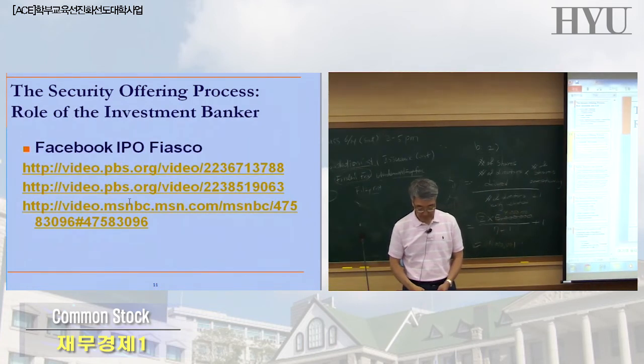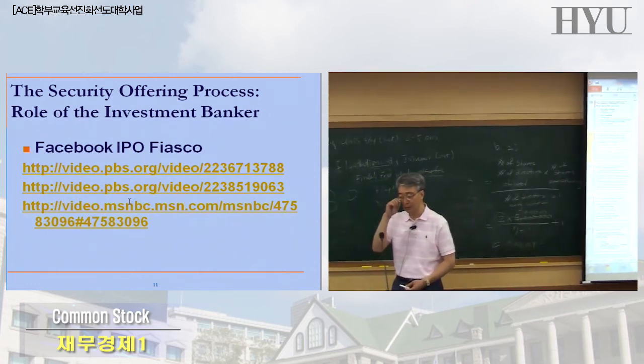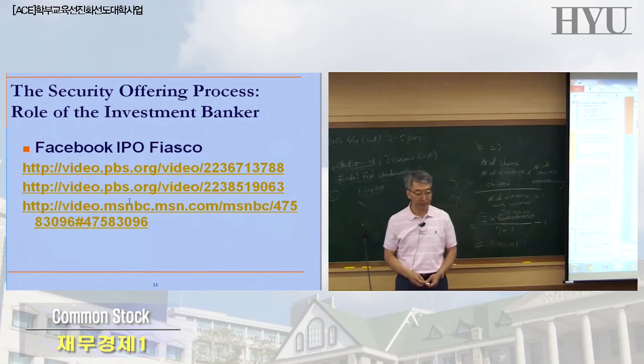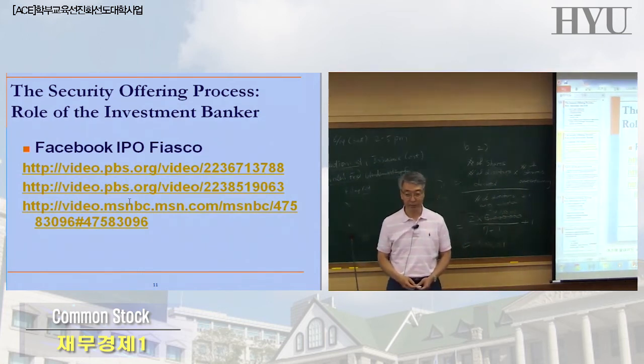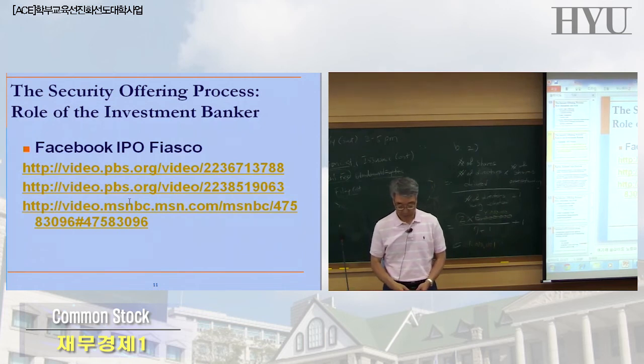Okay, Facebook IPO fiasco. It's kind of old now. It's been about 2 years since Facebook went IPO, and I think the initial price they wanted was about $37. Okay, but the price did not go up to that level, and I guess it was very disappointing for Facebook for not raising enough cash as much as they wanted. Okay, and I'll have to skip this. If you want, you can find this on the internet.